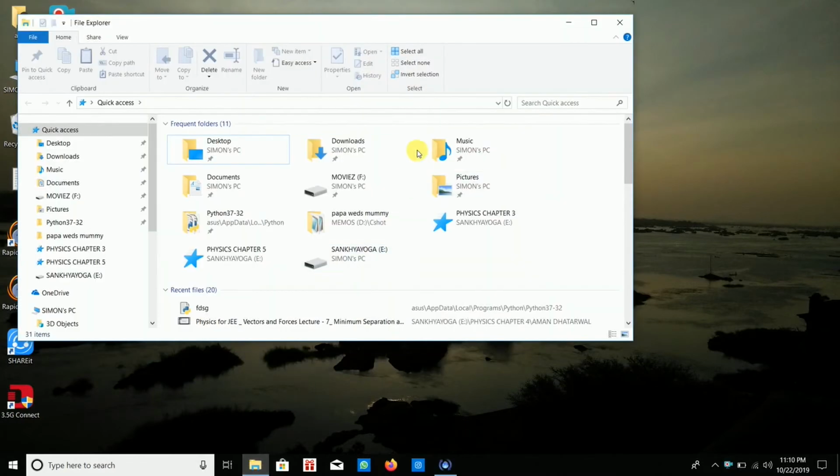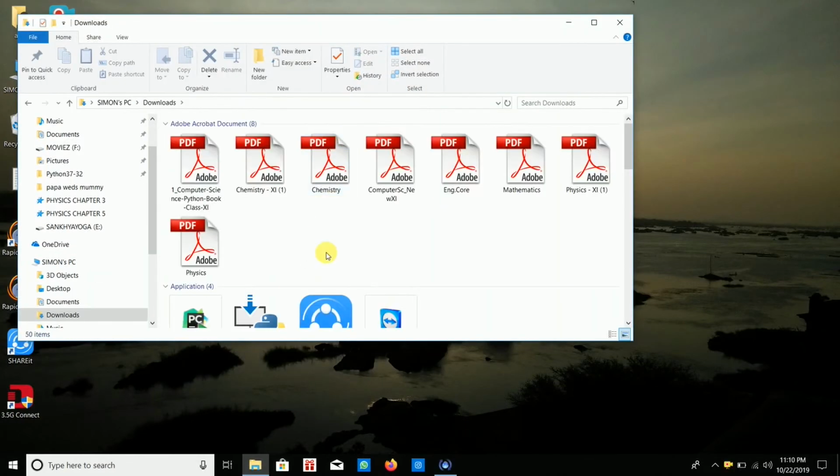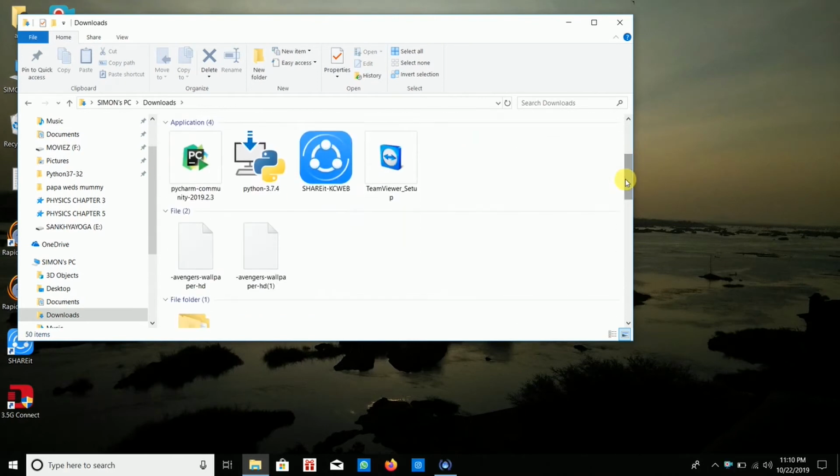After the file is downloaded, go to your downloads and make sure that it is downloaded. Make sure that Python is installed in your PC before downloading this editor. Then click on the icon,